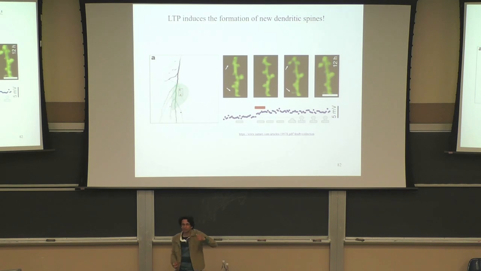And the reason the early phase LTP goes away is because, as I mentioned before, the early phase LTP is created by this phosphorylation, putting in new AMPA receptors, etc., and that gives that initial rise in the LTP. But then there are always these phosphatases that are removing the phosphate, putting the AMPA receptor back into the vesicles, etc. And that's why the early phase of the LTP goes away. But the late phase of the LTP is created by micro growth of new structures like these dendritic spines.